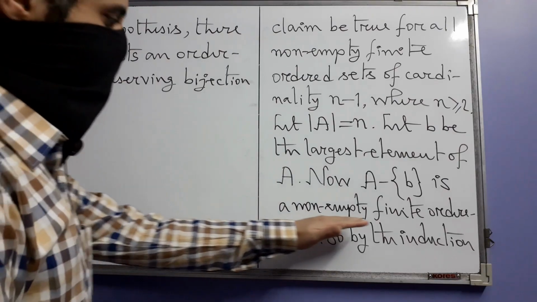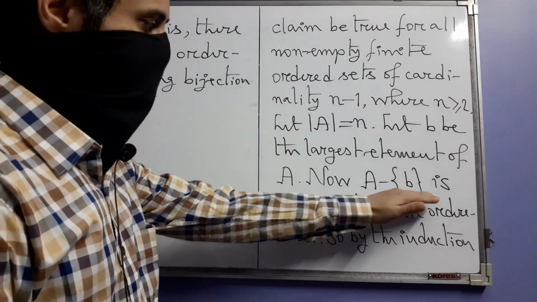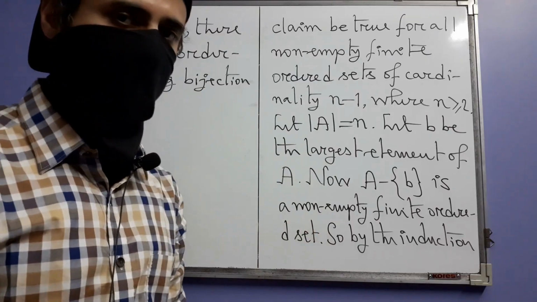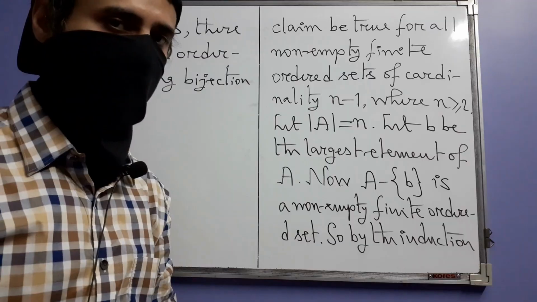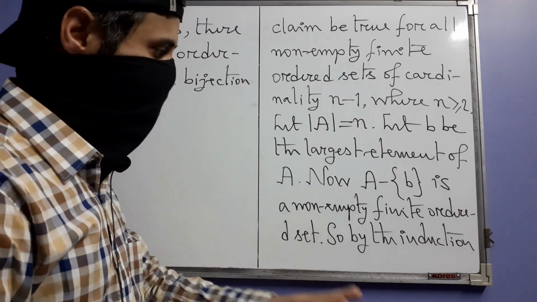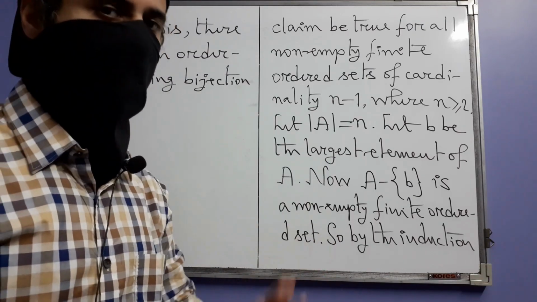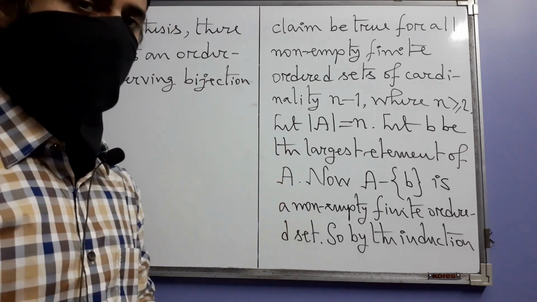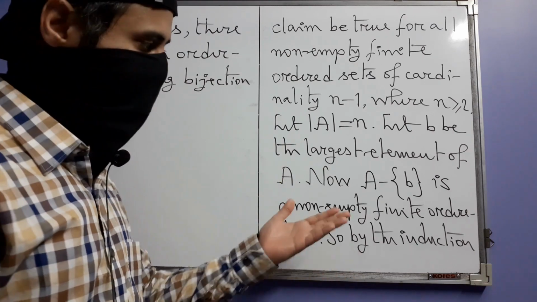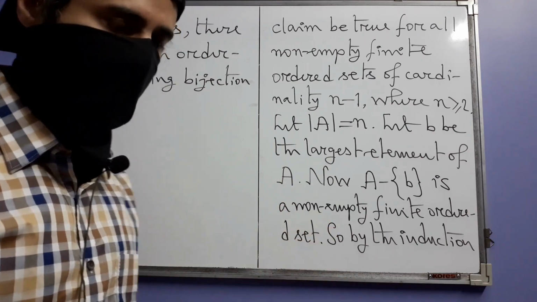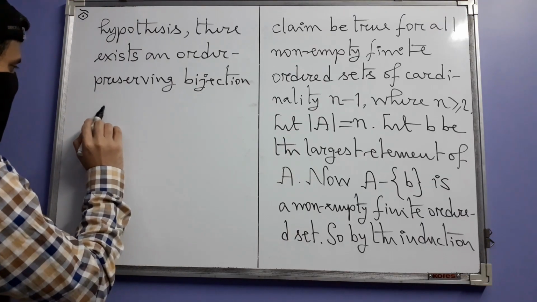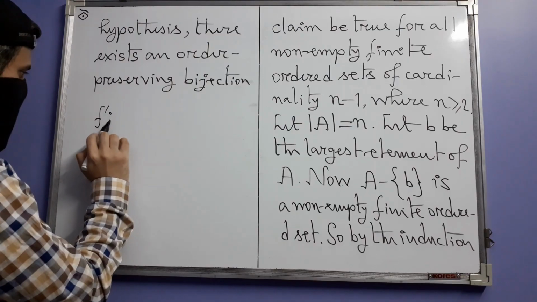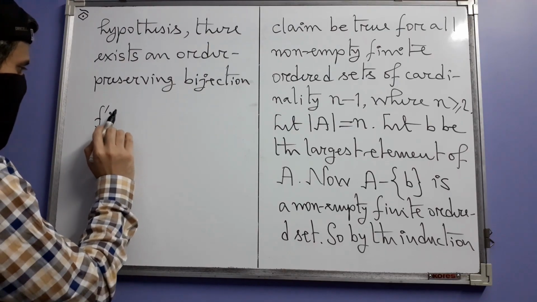Well, I am not again writing here that this set has cardinality n minus 1 because we did that anyway. I am actually writing a lot. You need not write everything at this level, it's not necessary. You can skip some things, but to make the presentation more clear, I am just writing everything. So there exists an order preserving bijection f, let's call it f prime,